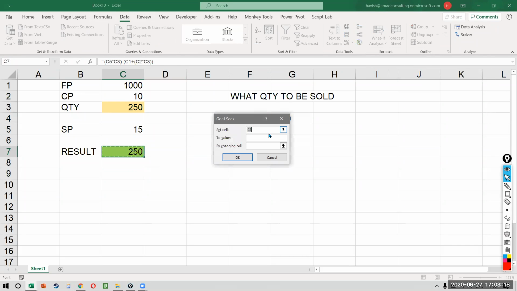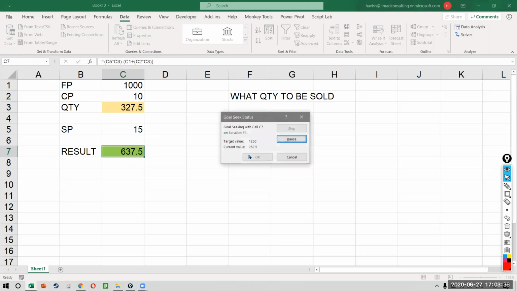So I will say set cell C7 to 1250, and the cell that you want to change is C3. So what will Excel do? Excel will start putting different values in C3 till it reaches a value of 1250 in C7. So you notice it is doing the calculations and it tells me that Vivek, you should be selling 450 units to be able to earn a result of 1250.